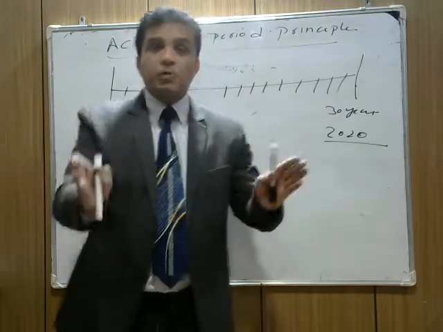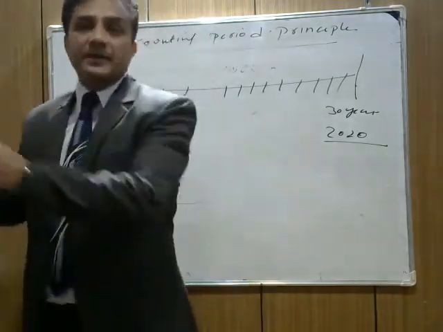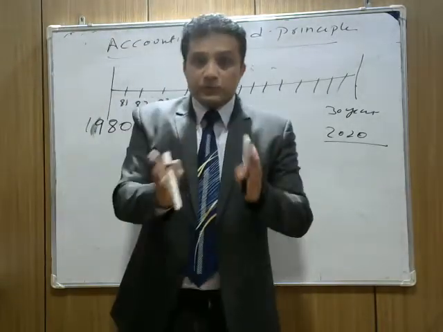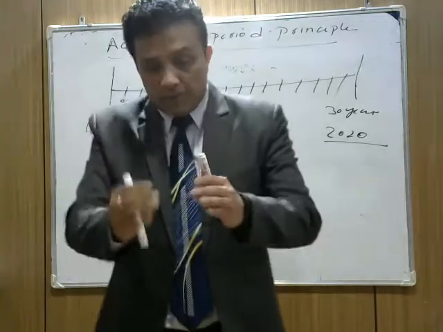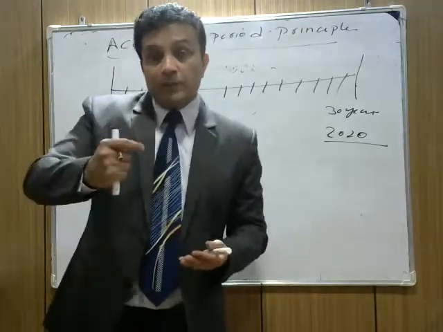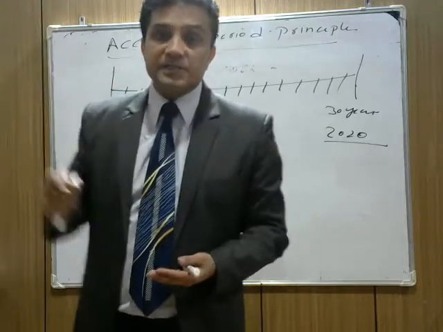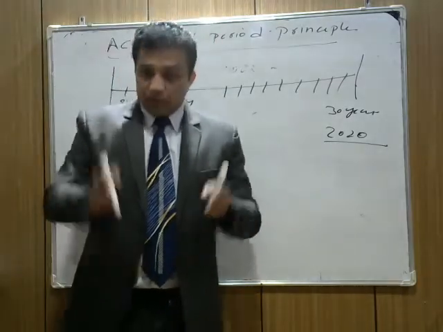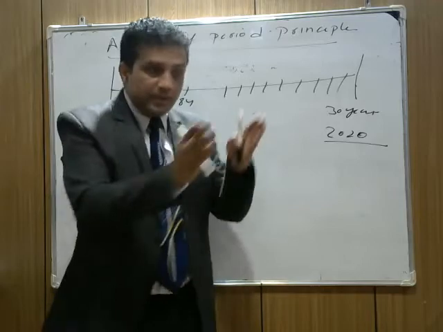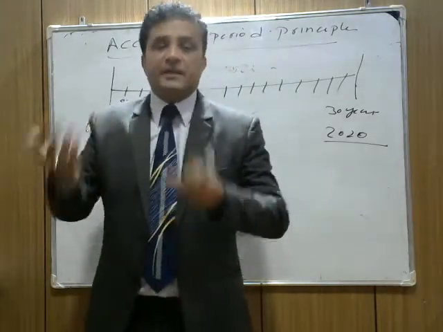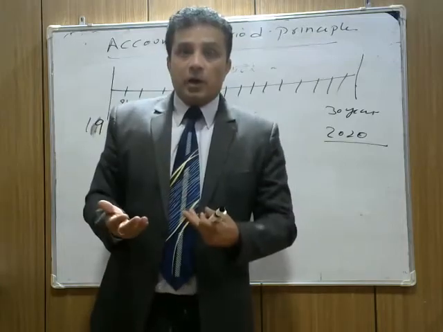Now it's easy to identify this smaller period because, suppose you started business on 1st January and at 31st March you close down, sorry, you close your books. So it's easy to identify in 12 months how much money you put in the business and how much return you got for that. This is easy to identify. That's why they say that you have to maintain the books of account for 12 months, for smaller periods. Okay, is that clear now?